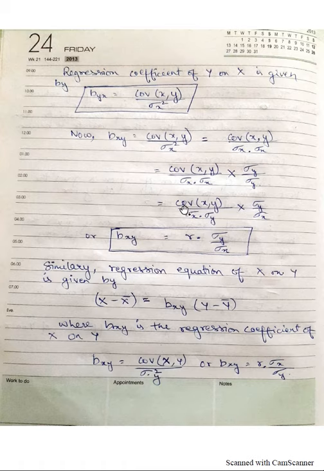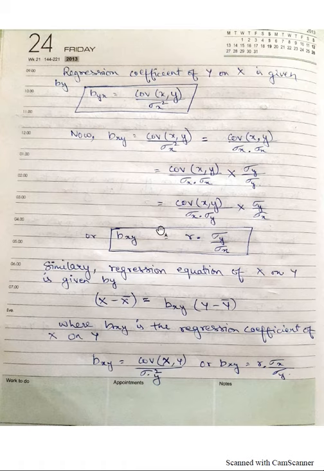So this thing here, as we can recall from the previous chapter, is the regression coefficient of regression. So we can write this as r. So bxy, or the regression coefficient of xy, is equal to r into sigma y by sigma x. This is another formula that can be used if we are given the standard deviation of y and standard deviation of x, and you are given r and you are asked to find the coefficient of regression, you can use